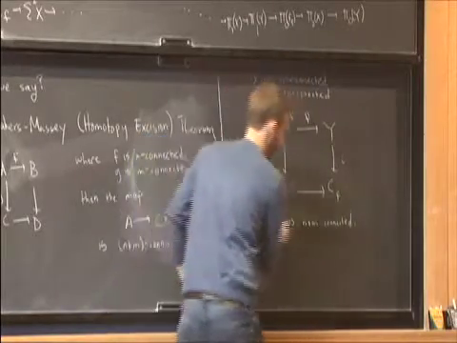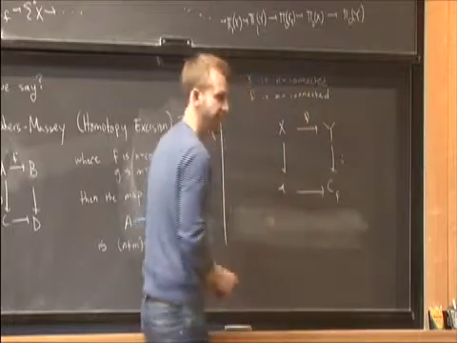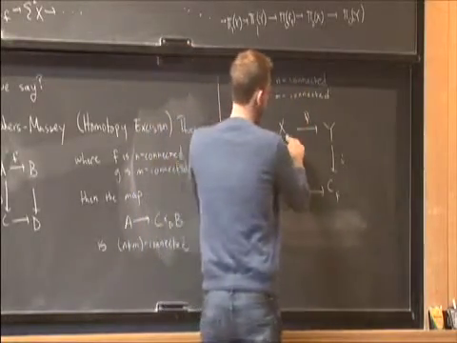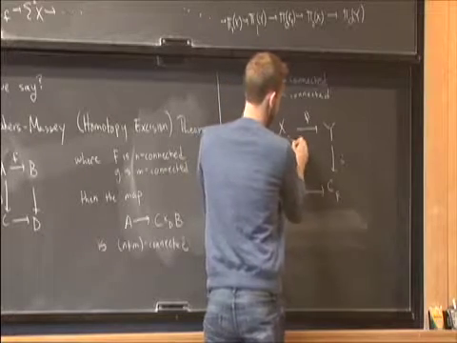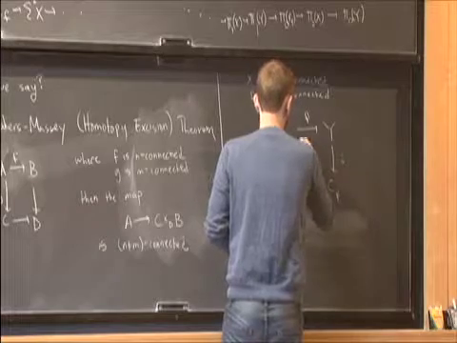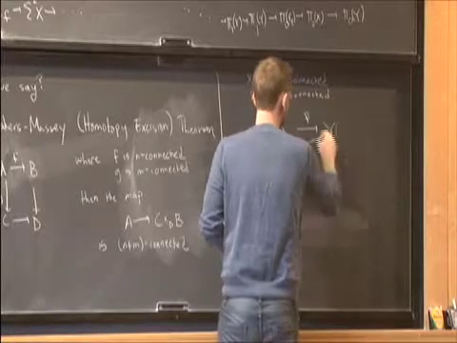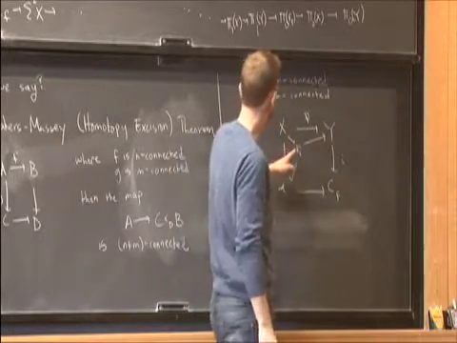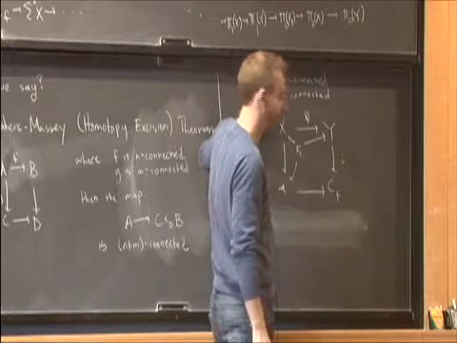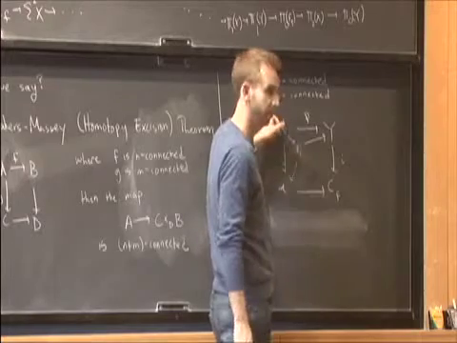That's not so interesting, is it? Let's view this another way. I want to give you a different presentation of this map right here. On the one hand, I can take this pullback right here. So this would be the fiber of I. And the Blakers-Massey says something about the vanishing of the homotopy groups of the fiber of this map.